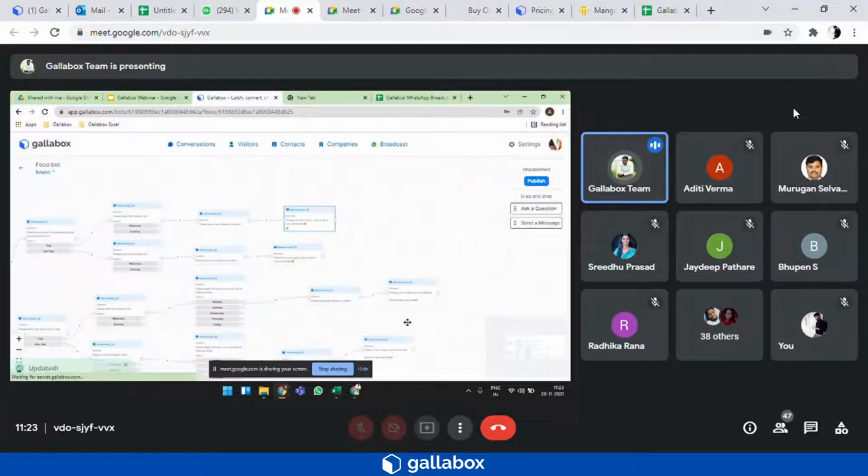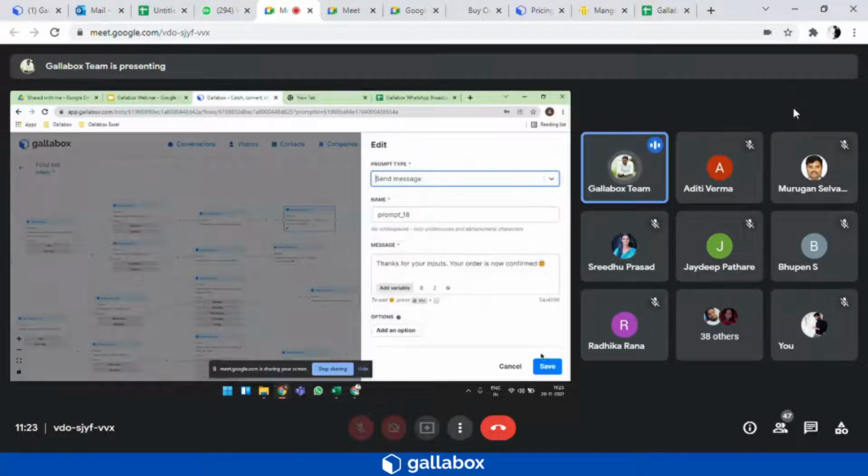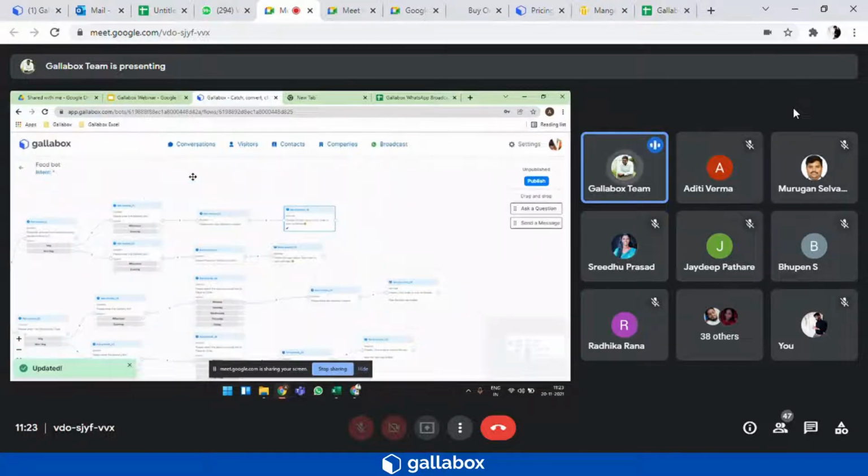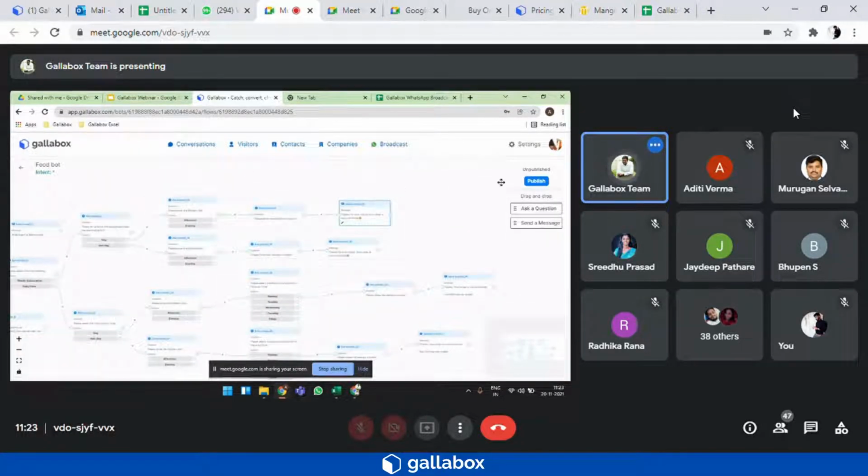So if you click on unassigned conversation, once the user sends the delivery location, once this thank you message is sent, this particular conversation will move from the open bucket assigned to the bot to the unassigned bucket, where any agent from your business can assign this conversation in their name and continue the conversation with the customer. Now that my bot flow is created, I will click on the publish button here so that my flow is published.